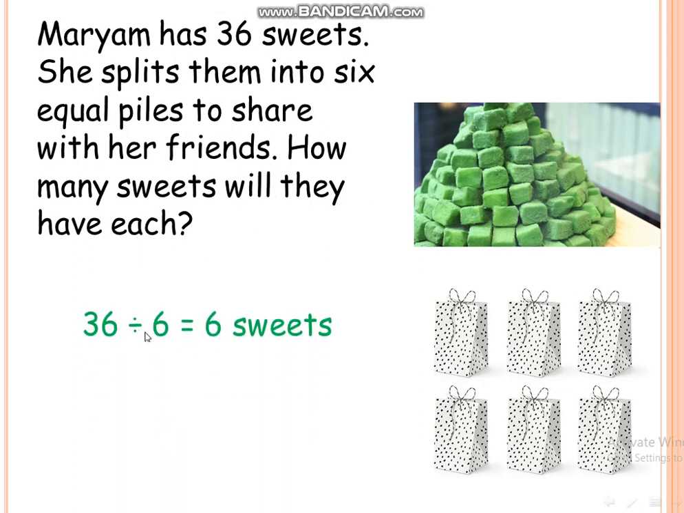So what's 36 divided by 6? The answer is 6 sweets. So when I put 6 sweets inside of each one of those bags, her friends will have an equal number of sweets, which is 6. Next,